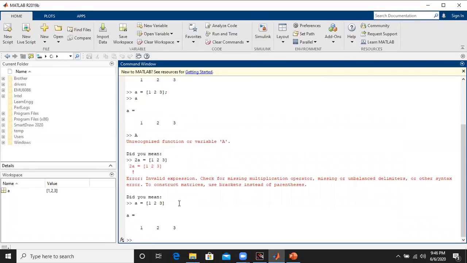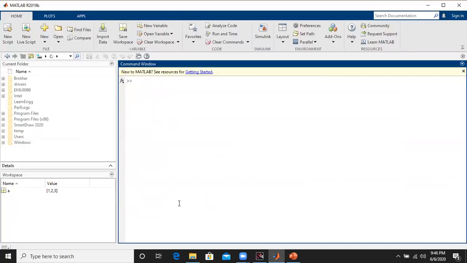Now, in order to clear the command window, we have to type clc so that the entire screen is erased. Whatever variables and values we are dealing with are automatically saved in the workspace. Just keep that in mind. Now we will work with row vectors and column vectors and the various operations we can do on them, one by one.